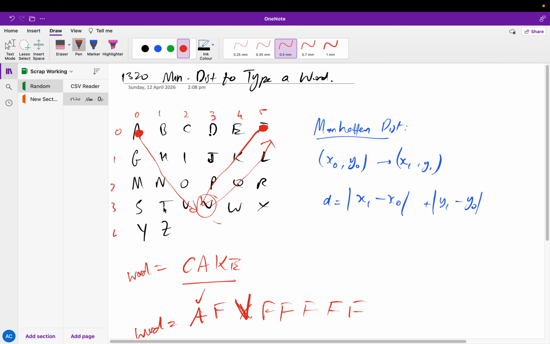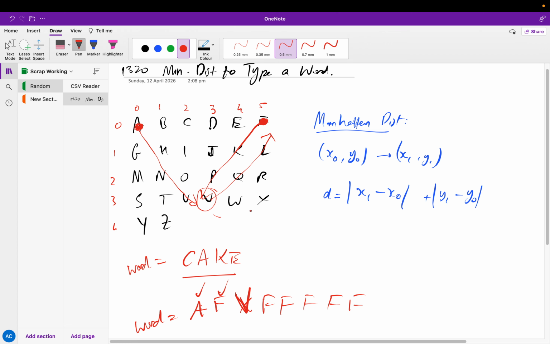So after AF, if you choose to move this finger once and twice to go back to F, or maybe it's better to go 1, 2, 3, 4, 5. Well, regardless, in conclusion, greedy doesn't work because there are instances where you would rather not